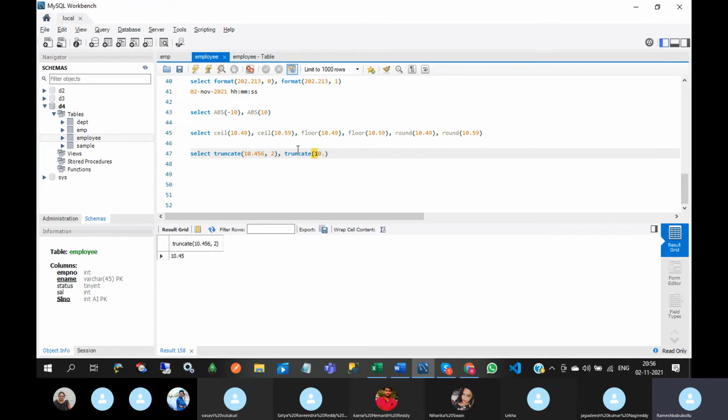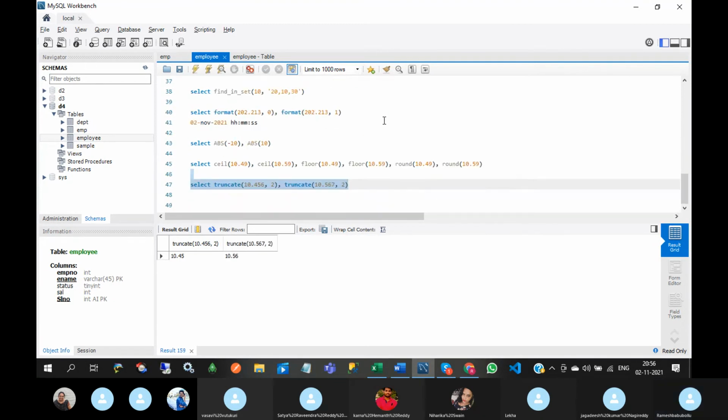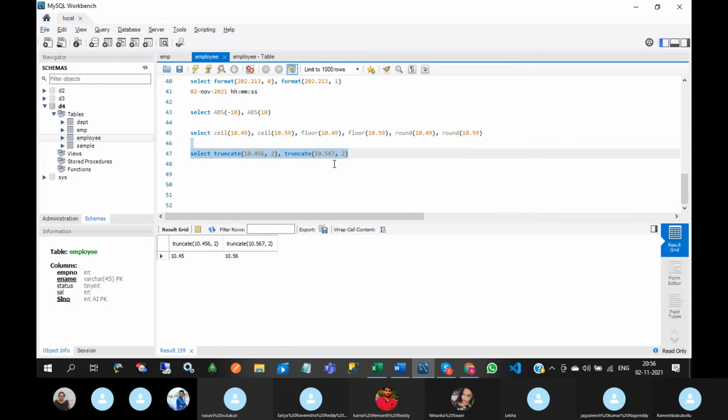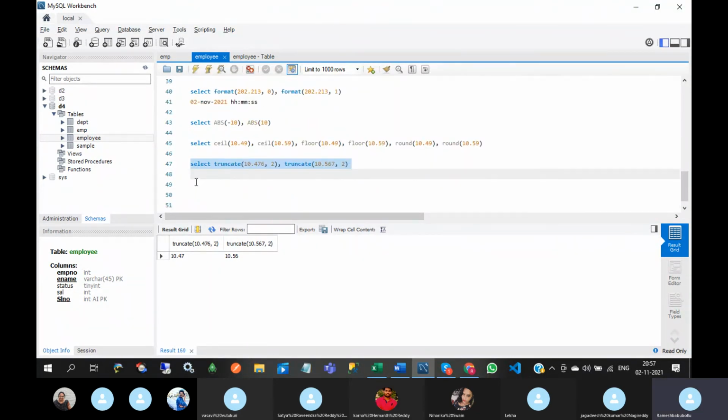Suppose 10.567 with 2, then what will happen? It will display 5, 6, 7 based on this input argument. After the point, it will display the digits accordingly.